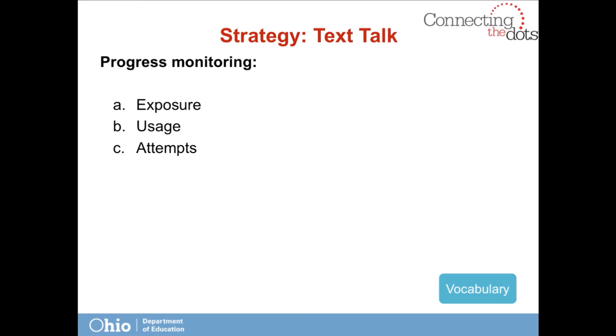Teachers can monitor progress of vocabulary words learned throughout text talk by keeping charts of the words from several stories posted on the wall. Place a tally mark next to the word if children hear or use one of the words, or attempt to use the words in regular classroom activities that occur each day.